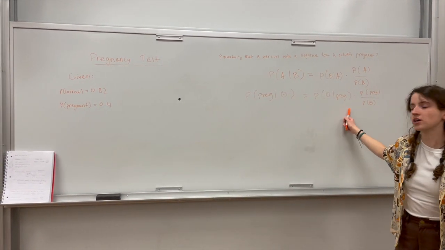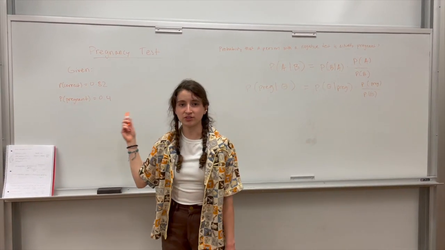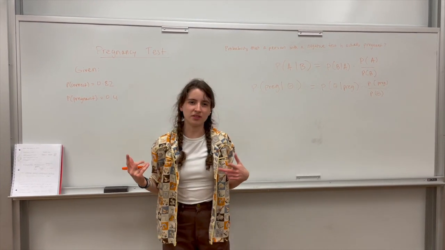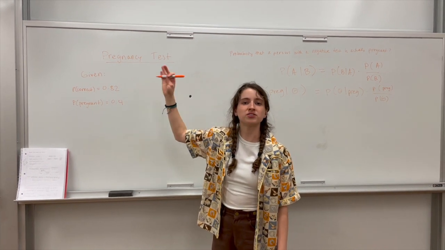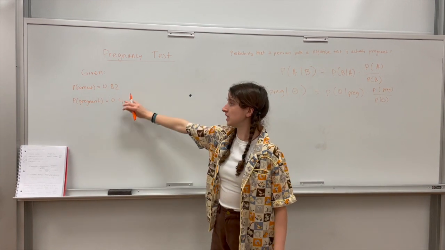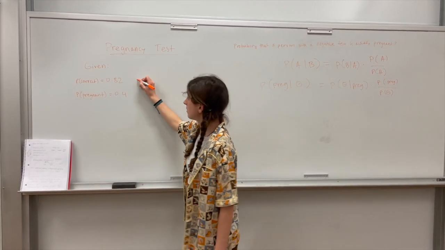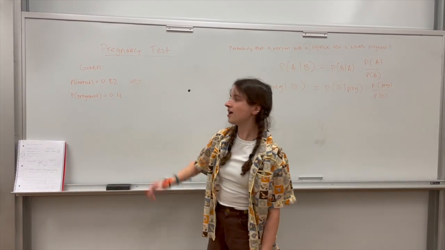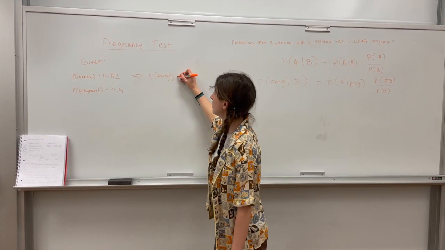But we don't have these offhand right away. So what we have to do is use the statistics that they gave us in the problem and figure out these numbers by thinking about what it means. They told us that the probability that the test is correct, whether the person is pregnant or not pregnant, the probability that the test is going to give them the right result is 82%. So we also know by subtraction that the probability that the test is wrong is 18%,